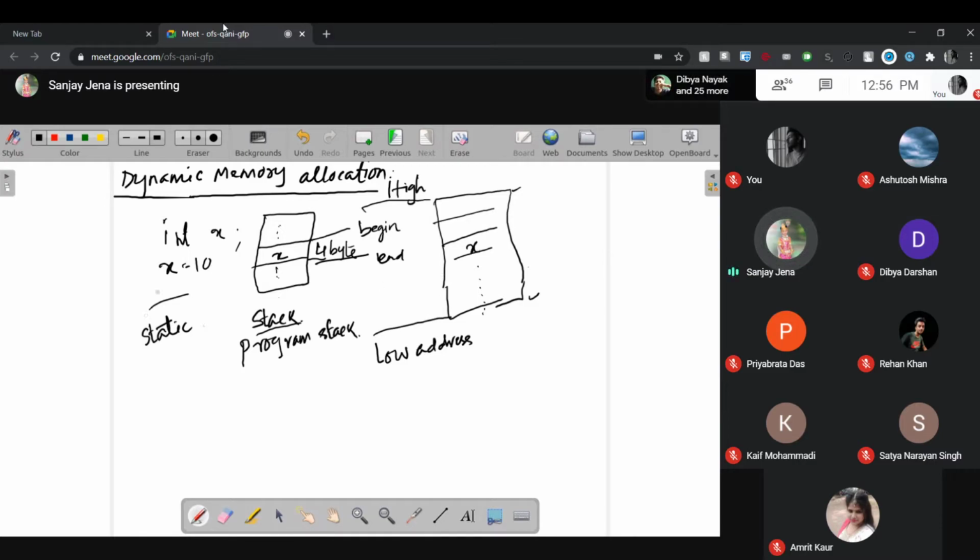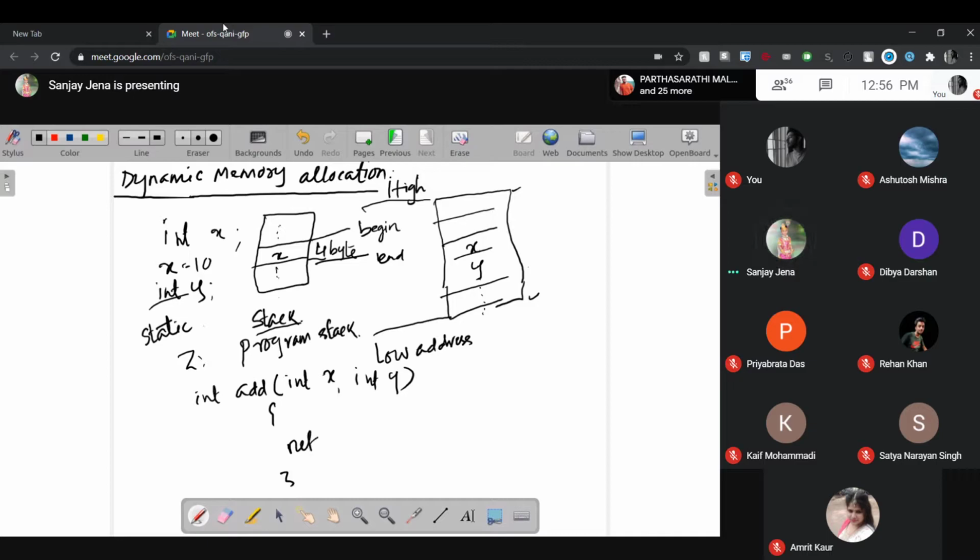Any other variable, if you write int y, then y will be here, again z will be here. If you are using a function with integer x comma integer y, and finally you are returning x plus y, then you will require the return address of the function.